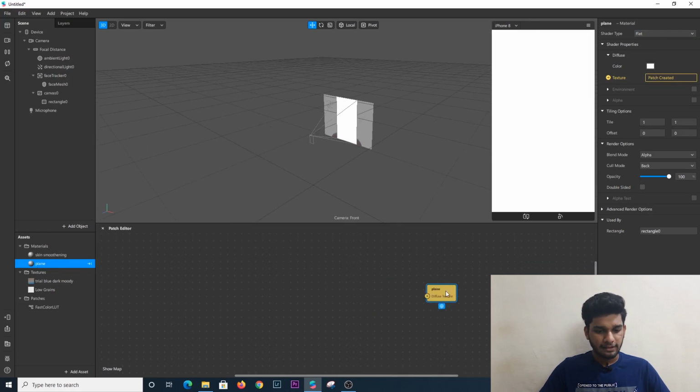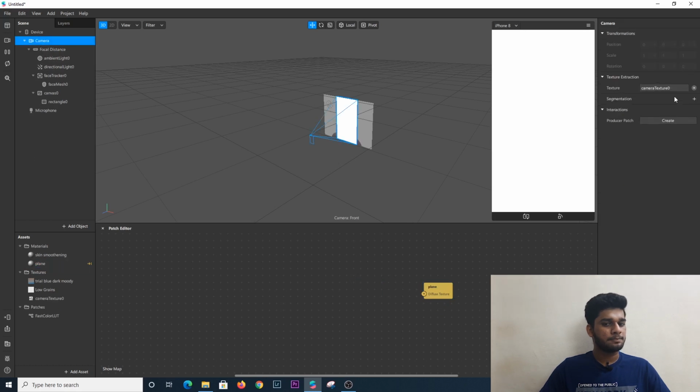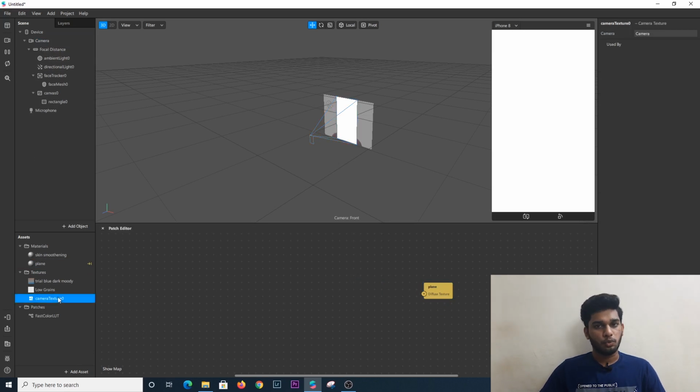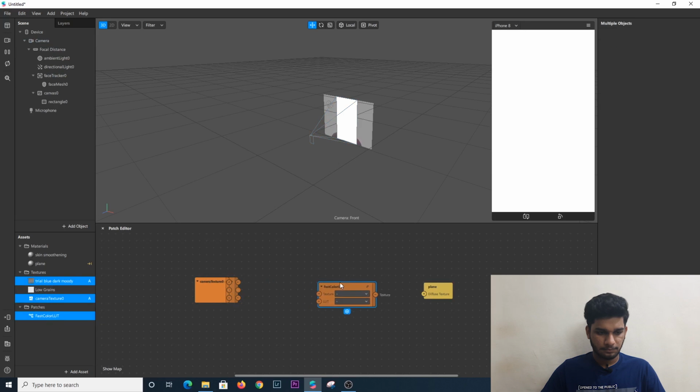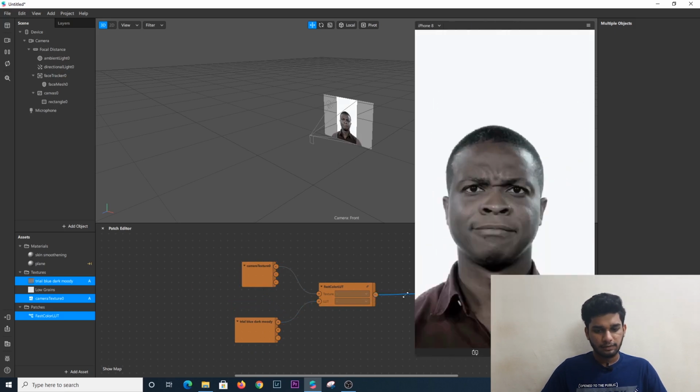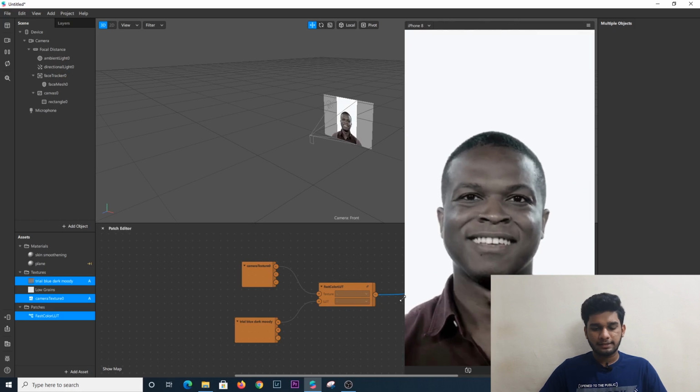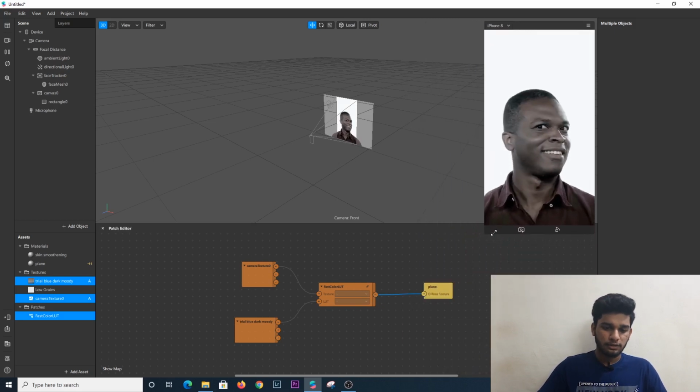You will see the patch editor is open now. We will need one more texture file. So in the camera, you can select texture. At this point, we are almost done. We need to drag these files into the patch editor, and we need to connect it properly. Camera texture will go to texture, the preset file will go to LUT, and this will connect to the texture. Now you can see the settings are already on the screen.